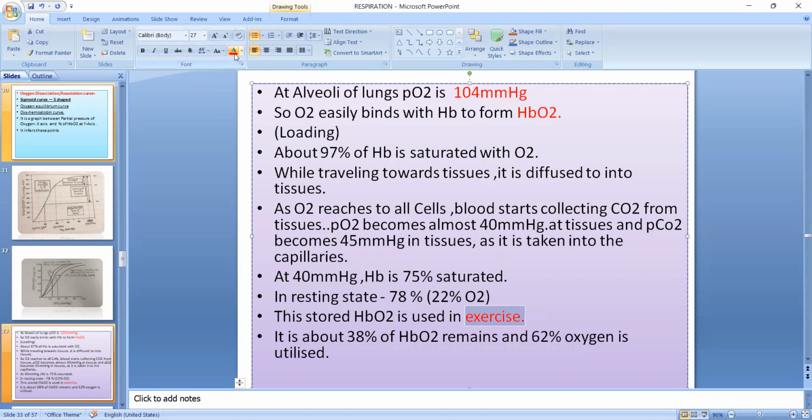So మనం ఆక్సిజన్ తీసుకోకపోయినా లేదా కంప్లీట్ ఆక్సిజన్ అనేది ఎప్పుడు బ్లడ్ లో 78% ఆఫ్ HbO2 ఆల్వేస్ ప్రెసెంట్. ఓకే, సో దట్ ఈస్ యూటిలైజ్డ్ వెన్ ఎవర్ వి వర్క్ వెరీ స్ట్రీనస్లీ ఆర్ వెన్ వి ఎక్సర్సైజ్ విగరస్లీ. Okay, so at that moment almost it is about 38% of HbO2 remains. Okay, and 62% of oxygen is